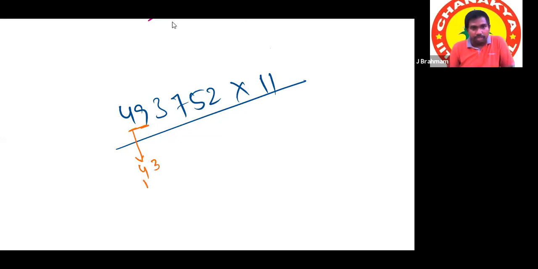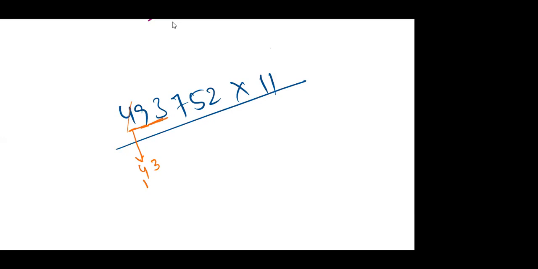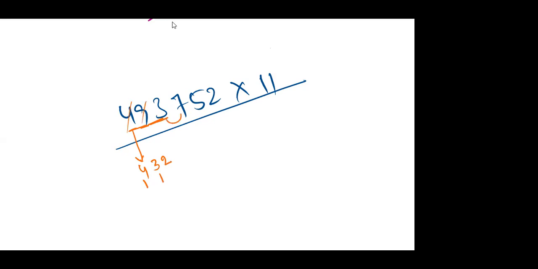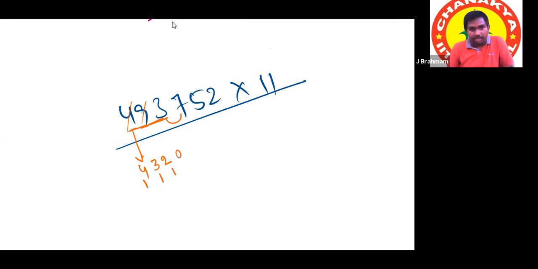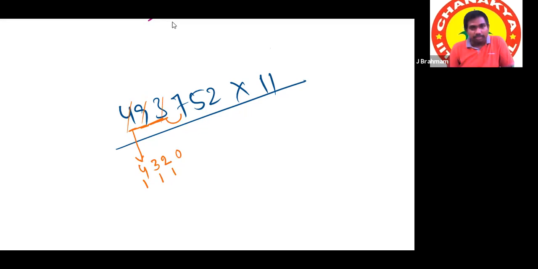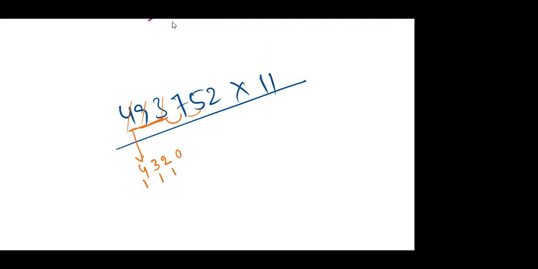Yes, sir. Okay. Then cancel 1. 9 plus 3. Sir, 12. So 1 carry and 2. Okay. Cancel 9. Then 3 plus 7. 10, sir, so 0 and 1 carry. There is no borrow because there is no carry in subtraction. Okay. Now leave 3. Then 7 plus 5. 7 plus 5 gives 12. So carry 1 and 2.